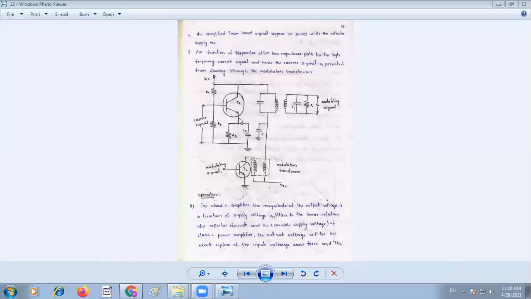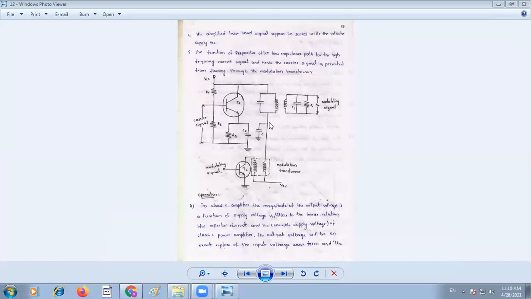Class C power amplifier for the narrow band, and this T2 transistor uses a Class B power amplifier. This power amplifier signal is given to the tank circuit, and the modulated signal is also power amplified by the wideband power amplifier and given to the tank circuit. And at the tank circuit output, tunable frequencies are obtained. That is, one is FC plus FM, another one is FC minus FM.